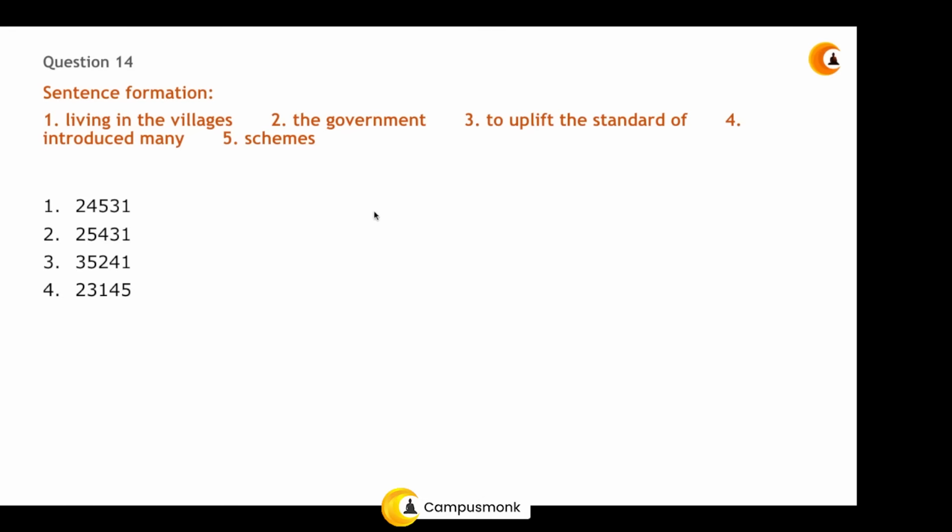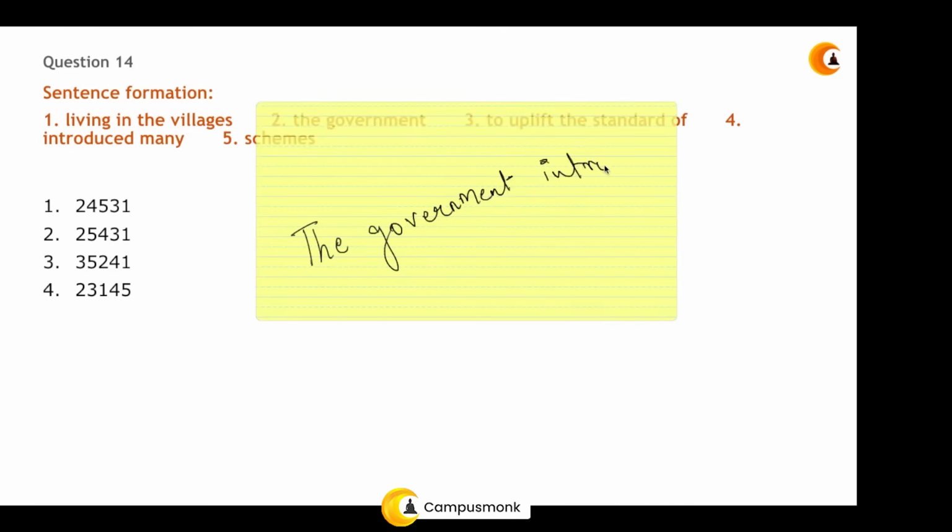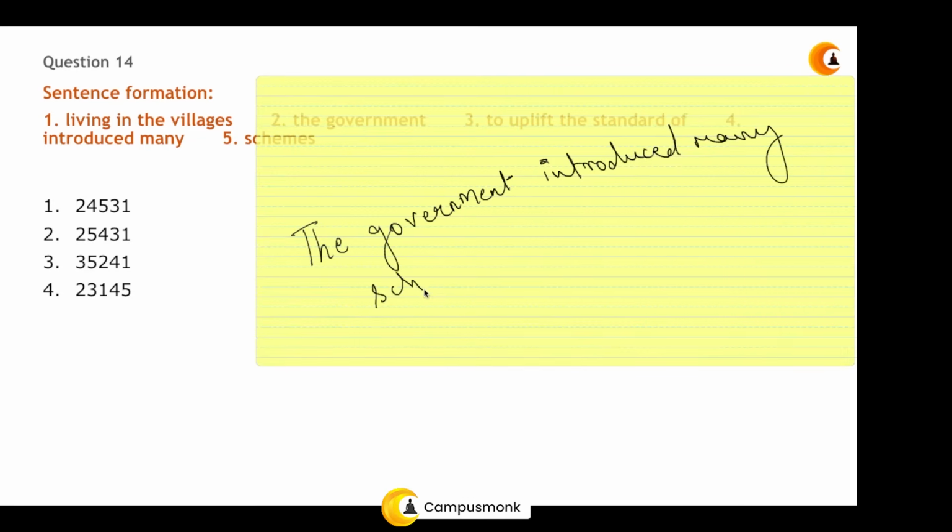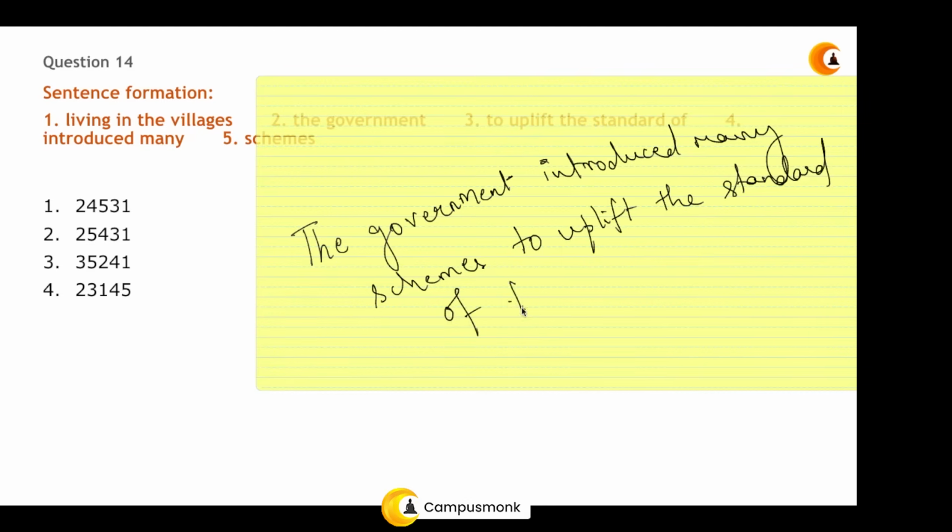Okay, so what is the main objective of the statement? That the government is introducing schemes for what? To uplift the living standards of the village. Okay, so your statement will start with the organization who is doing that, the government. And what did the government do? Has introduced many schemes. Okay, for what? To uplift the standard of living